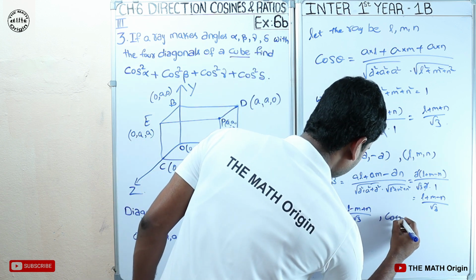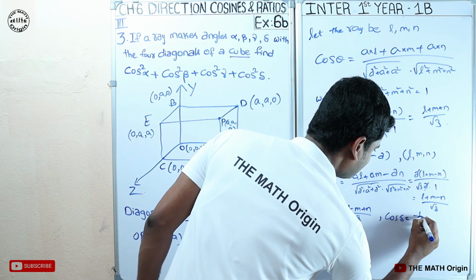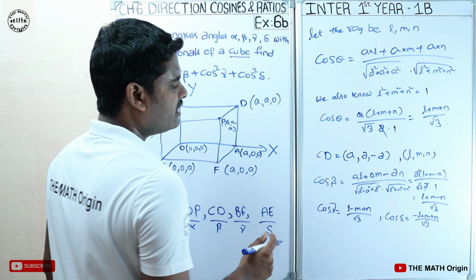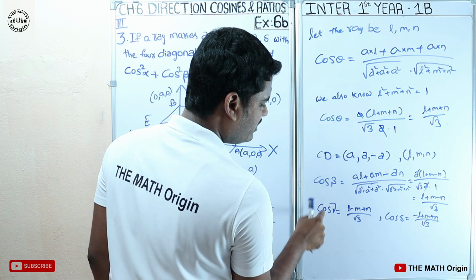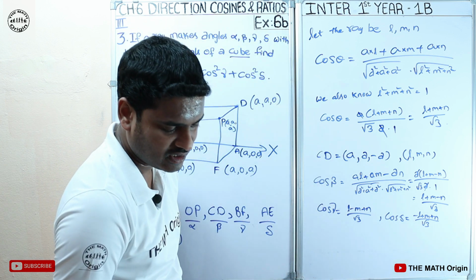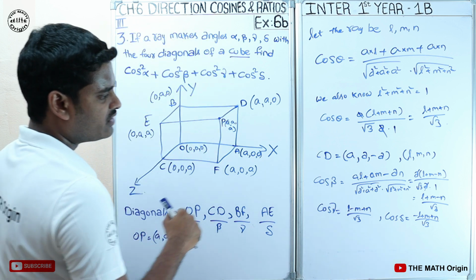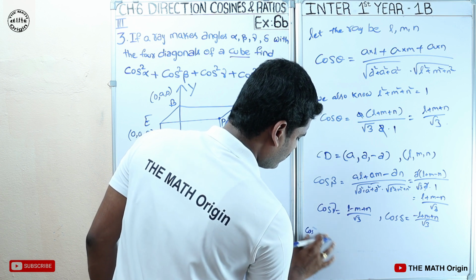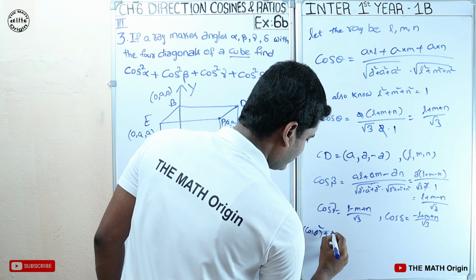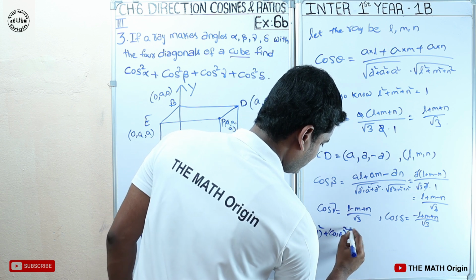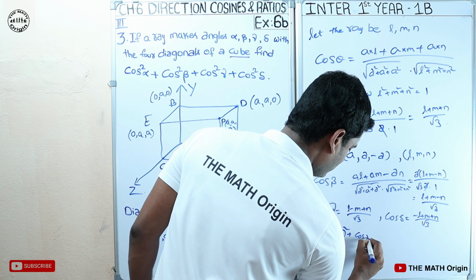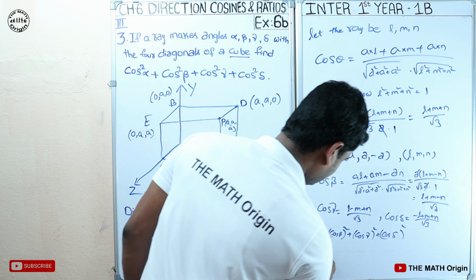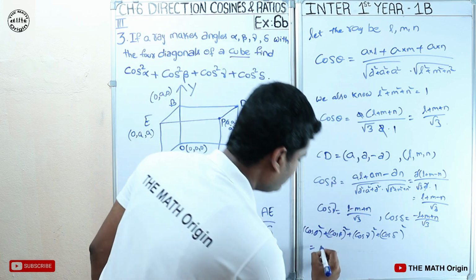అలాగే cos delta is equal to minus l plus m plus n by root 3 అవుతుంది. ఓకే, now we got cos theta, cos beta, cos gamma and cos delta. Okay, from this if we do squaring for each element, cos theta whole square plus cos beta whole square